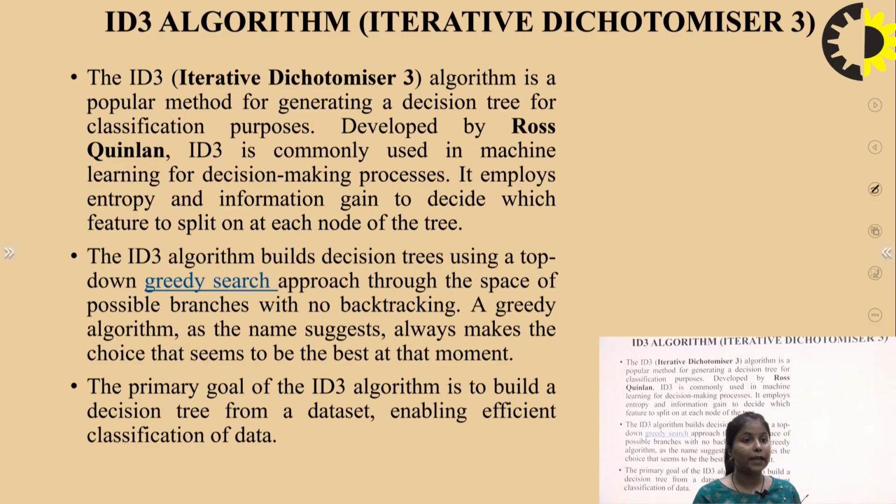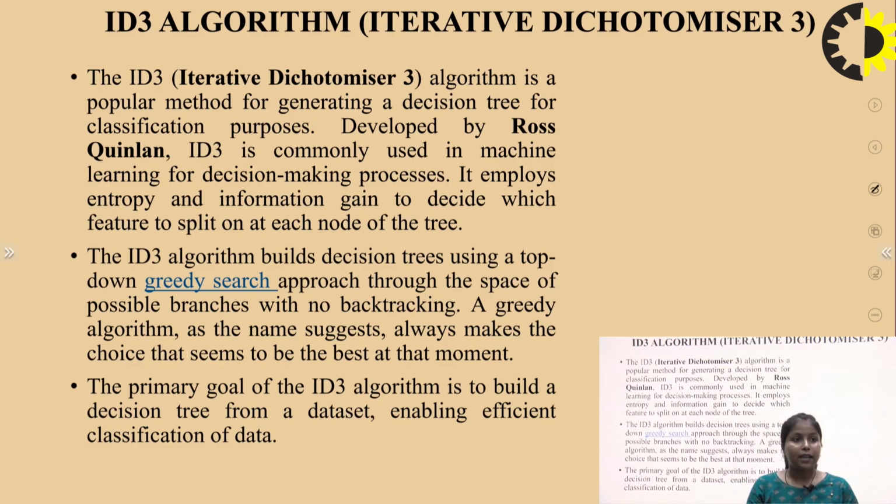So in the ID3 algorithm, first we calculate the entropy of the entire data set. After that, we calculate the entropy of the particular attribute, which is yes or no, true or false. And after calculating the entropy of the particular attributes, we calculate the information gain. Then in the ID3 algorithm, the attribute with the highest information gain among all the given attributes is the root node. We select it as the root node.